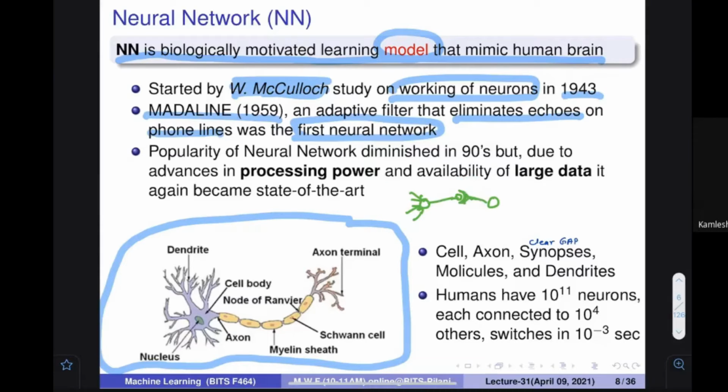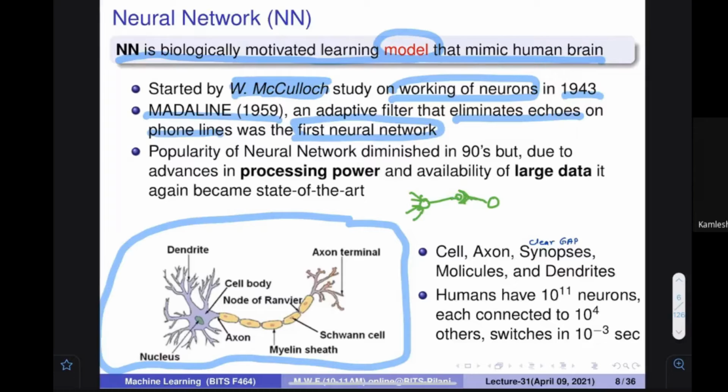And a very important thing is that the discovery that between two neurons there is some synaptic connection is very important. What it says is that these two things are independent and they are connected using some kind of mechanism. So this synapse clears that there is a gap between these two things, and therefore the two units are separate and independent. Make sense? Then there is a concept of molecules: if this neuron wants to send a higher signal to the next neuron, it would send some molecules from here to here.